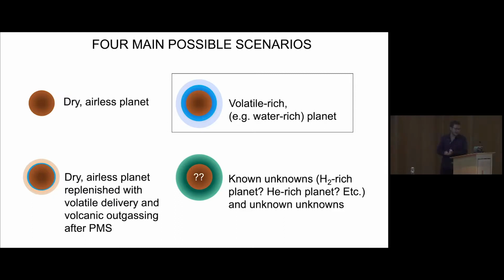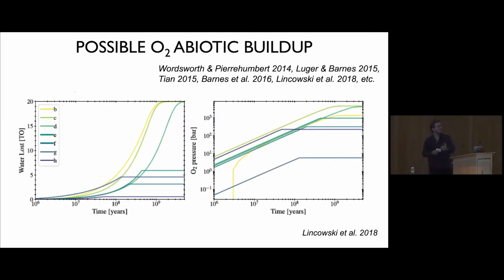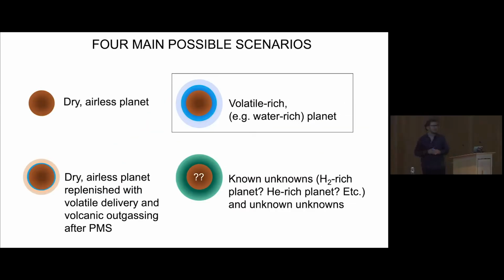So we tried to think about it the other way around. Let's assume we don't know anything about these planets. Let's assume we don't know how much water they have. Let's assume we don't know how much greenhouse gas they have in the atmosphere. But let's imagine, for each combination of possible water content and possible greenhouse gas content, what the atmosphere, the climate and the surface of this object could look like.